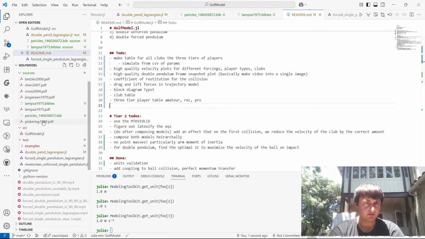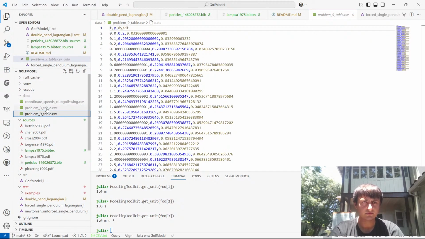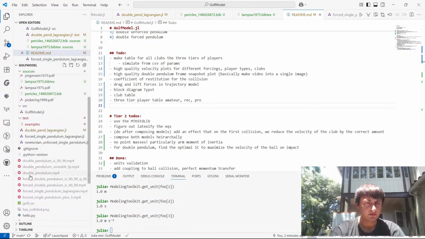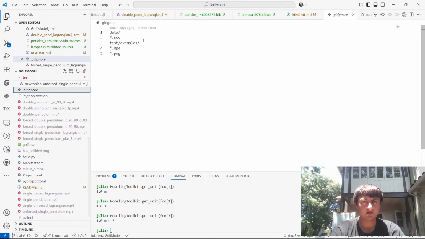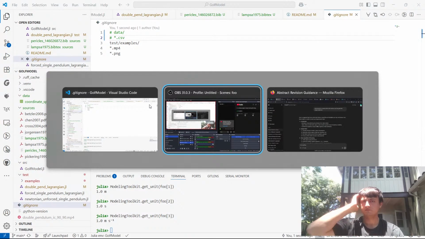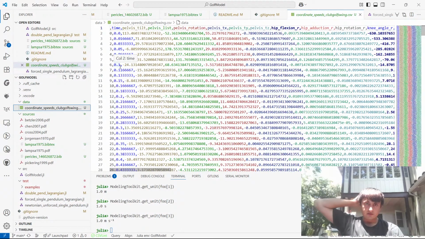Okay, so I can close this now. I can come back online. All right, so data right now is, but what is this? We are just going to delete these, and then we're going to unignore data, and we are going to unignore CSV. Okay. So now, coordinate speeds. Okay, so